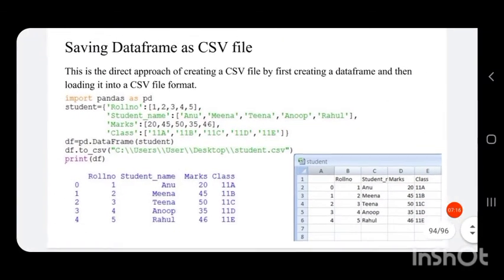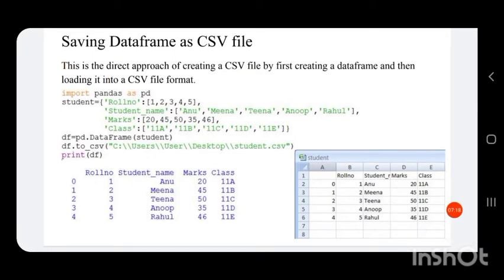Next method is saving a data frame as a CSV file. Here we have copied the contents of one CSV file to another CSV file. Now we are directly saving a data frame to a CSV file.